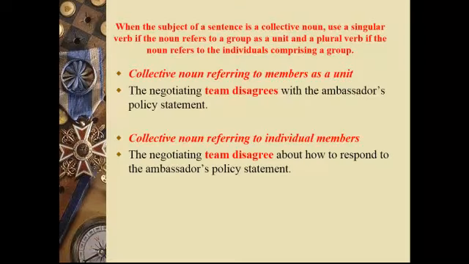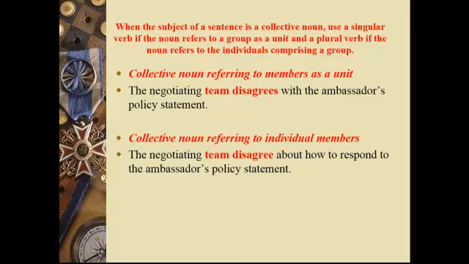When the subject of a sentence is a collective noun, use a singular verb if the noun refers to a group as a unit, and a plural verb if the noun refers to the individuals comprising a group. For example, collective noun referring to members as a unit: the negotiating team disagrees with the ambassador's policy statement. Another example, collective noun referring to individual members: